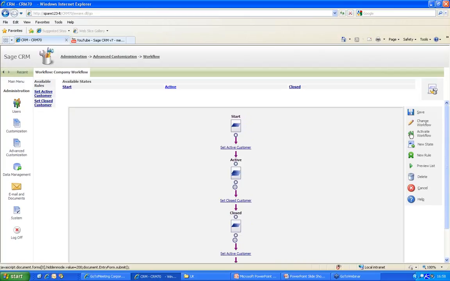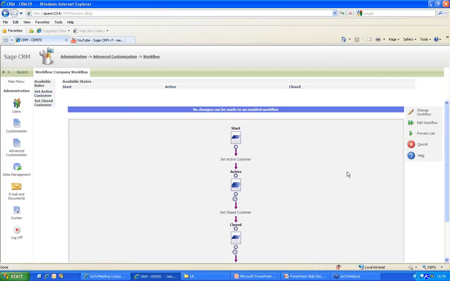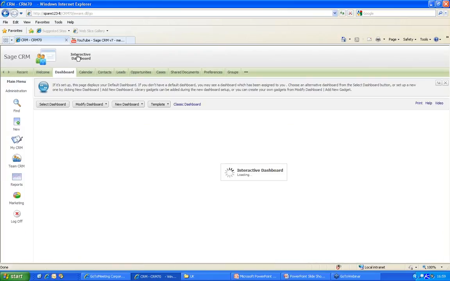Okay, I can activate this workflow now. It's a very simple linear workflow. It can be a lot more complex than this, and it can involve code, but that's the change that I want to implement. And if I go into the main menu and I go and have a look at this,